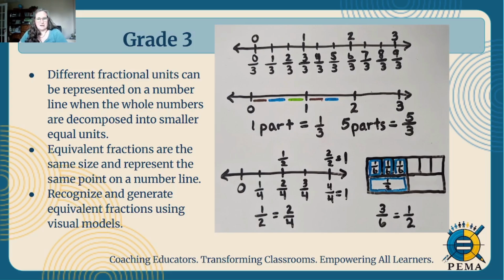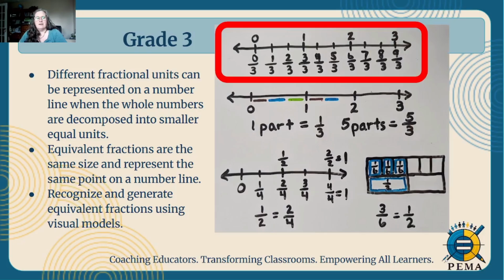This connection starts with how we've used number lines in second grade, and each segment of the number line was equal to a whole number, that unit of 1. We also explored scaled number lines, where maybe the unit was equal to 5 or 10. In third grade, we start to break apart the whole into fractional units. So you'll see in this top number line, we're counting by thirds and showing that each whole is broken up